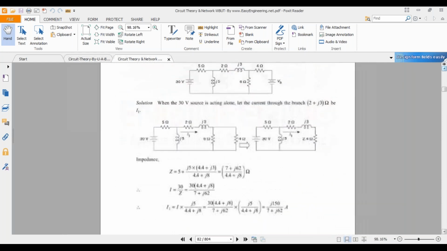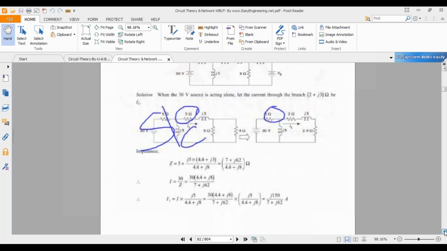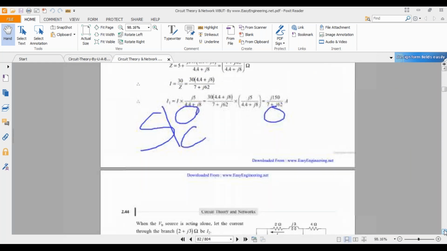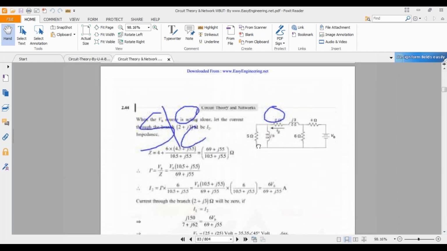First source we can calculate the response now. You can calculate the response due to this voltage source. Now in the second case we will be taking VB only. While calculating the response due to VB, now this voltage source is to be short circuited. So by short circuiting this voltage source, we can find out the response due to VB only here.